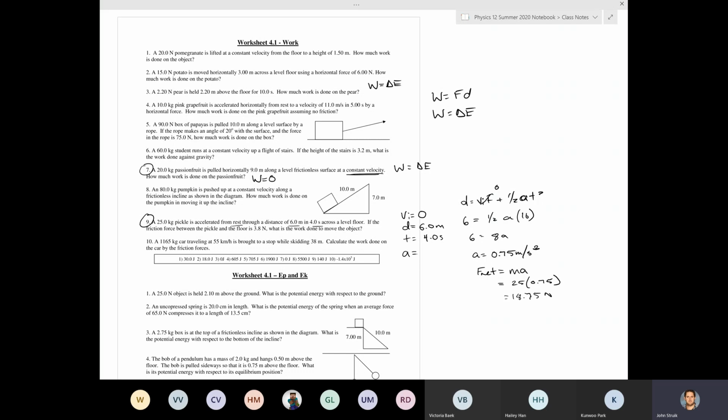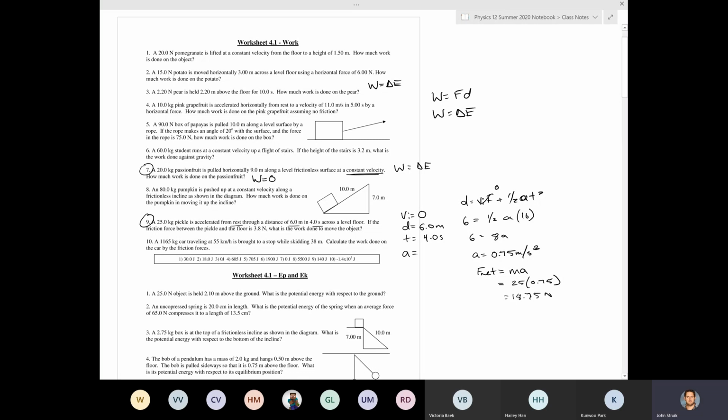So there's going to be an FA that's actually accelerating the pickle, and then FF is slowing it down a little bit. But because you have the actual acceleration and you can plug that into your FNet formula, you can get the net force that already counters in the friction force. So all we need to do is take that 18.75 and multiply it by our distance, which is 6, and we get our,